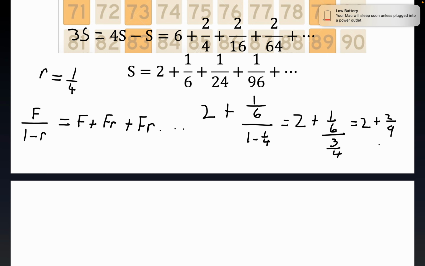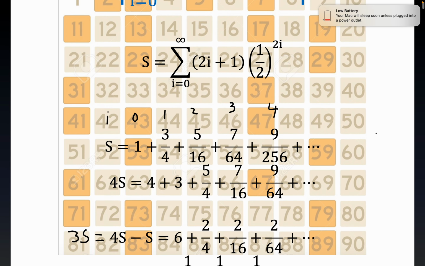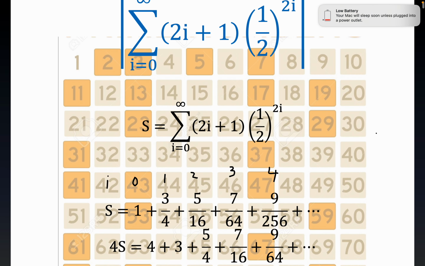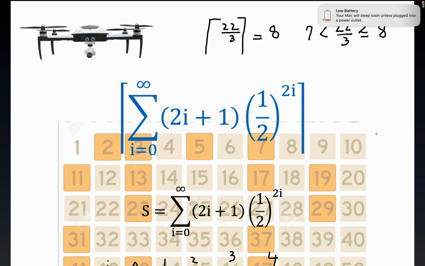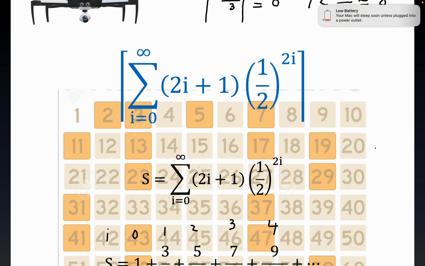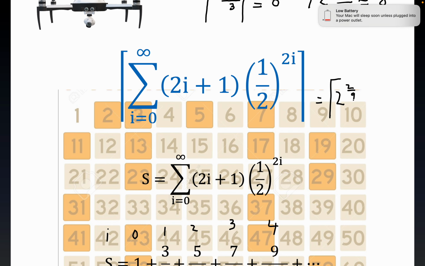And so you see this is our S, right? So let me come back up here. This is our S, 2 and 2/9. And so what will happen right here, what do we got? We have just shown that this is equal to the ceiling. And this is very explicit. There's no need to write this as a proper fraction or improper fraction. 2 and 2/9